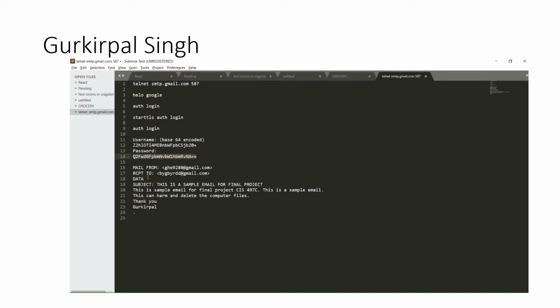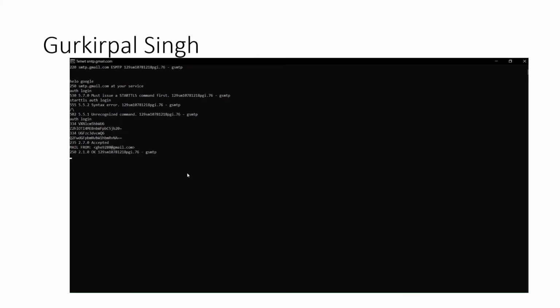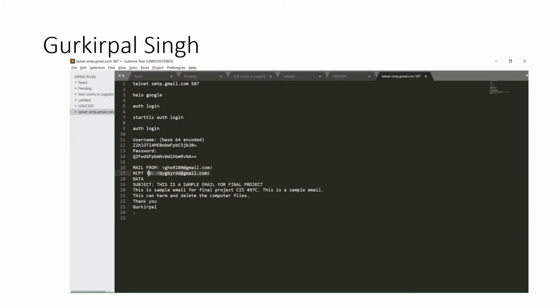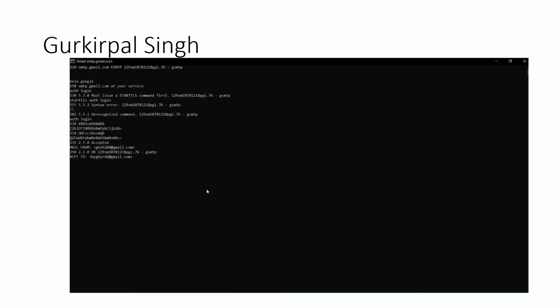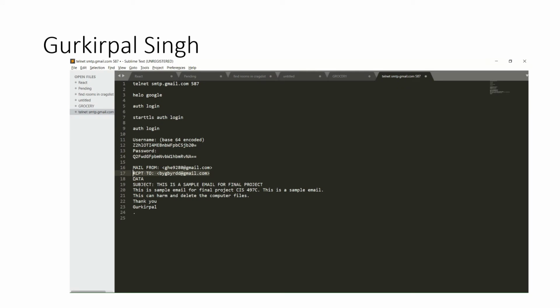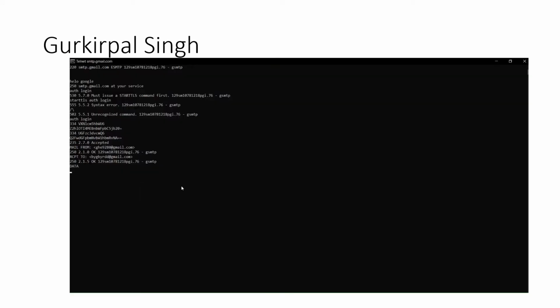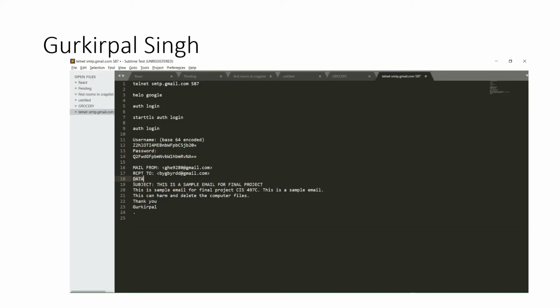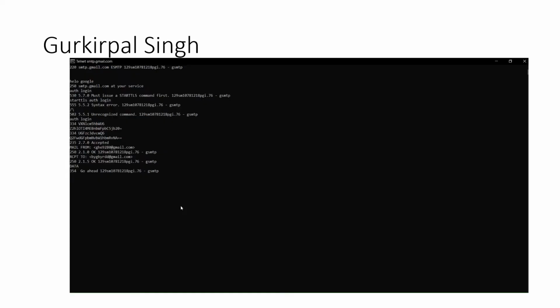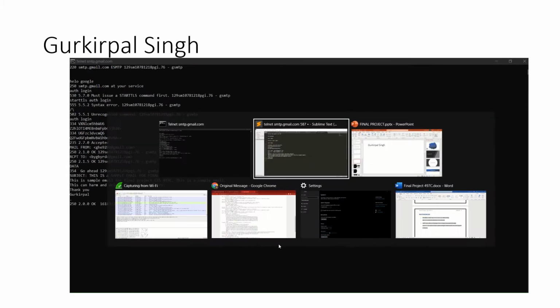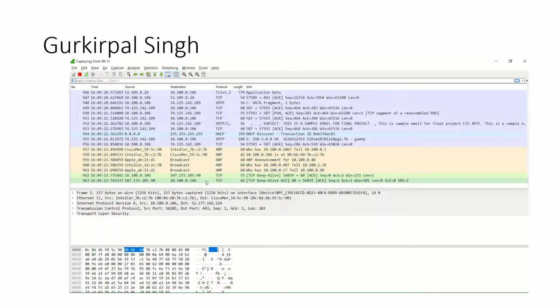and the logins are accepted, and we have to write the email address from where it is sending, and then the recipient who is receiving the email, then data to write the body of the email, and in the end we have to introduce a period. It states that the email is now ended. And now let's go to